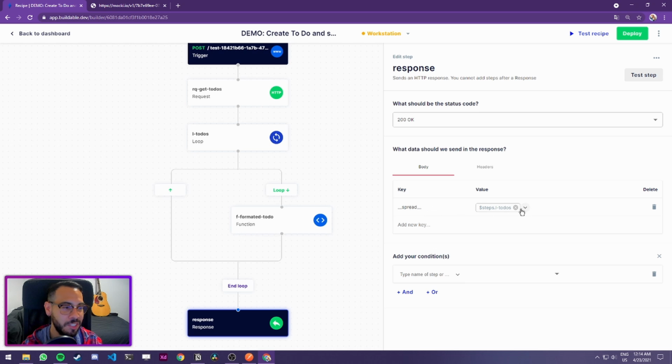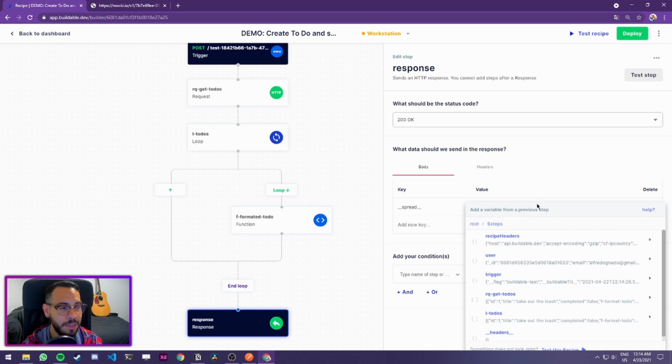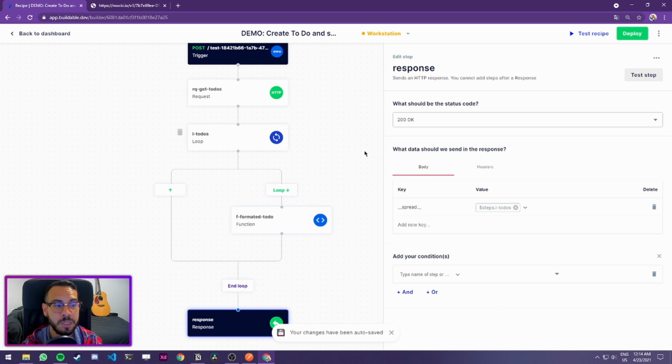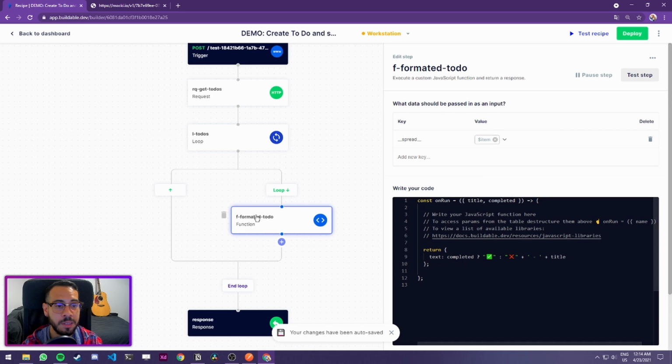And obviously I've changed it because I was playing with it before, but what you need to do is you want to have a spread operator in here, a spread key, and then you want to get your L to-dos. So you're getting all of the data from L to-dos. So the loop from looping all of the to-dos, right? And what this will give you is if the data changes, so if you're adding something to the data, in our case, we are adding a new property, which is F formatted to do, it will append that to the